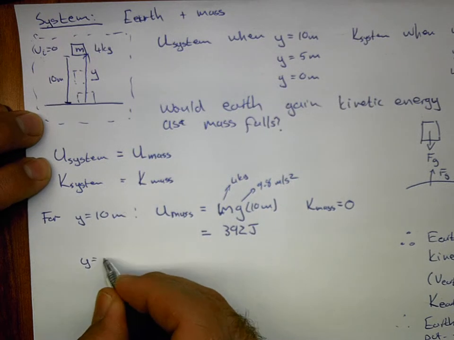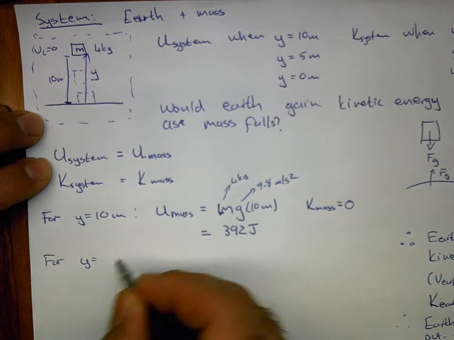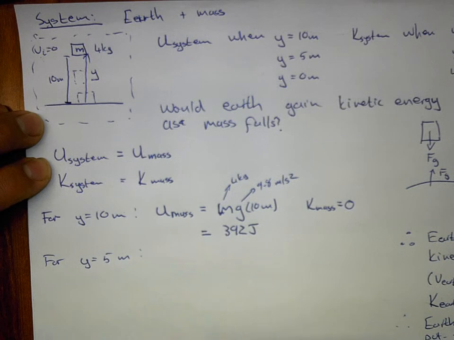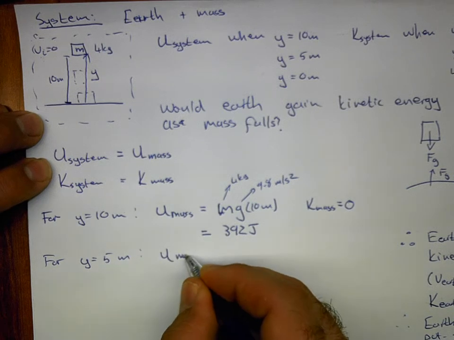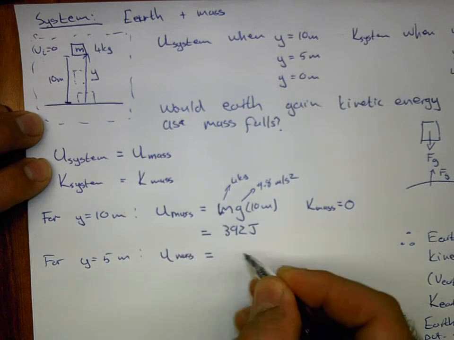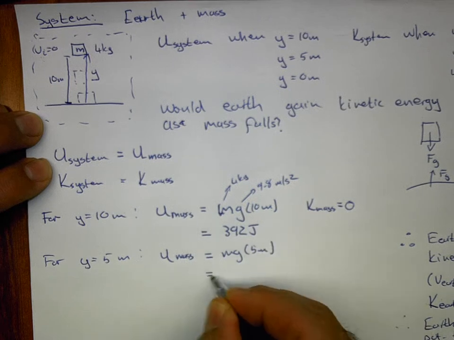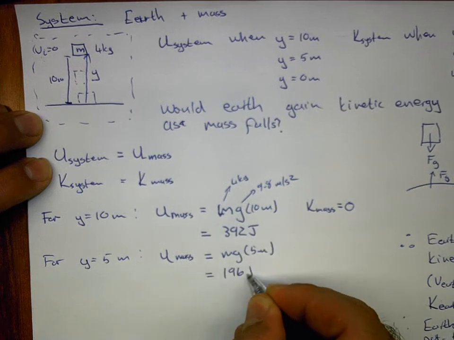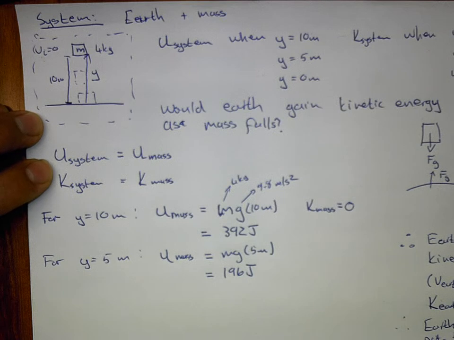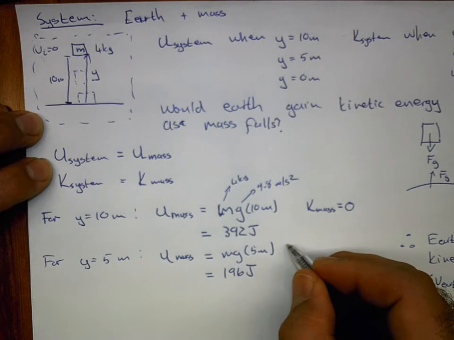Now, when the mass is 5 meters above the surface of the Earth, its potential energy becomes mg times 5 meters, and this is 196 joules. It's just half of that. Now the kinetic energy,